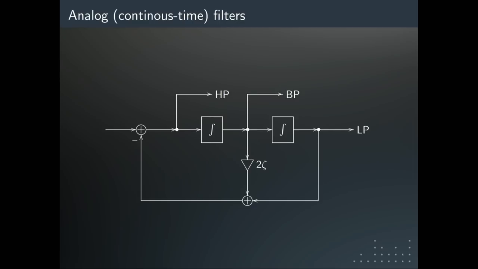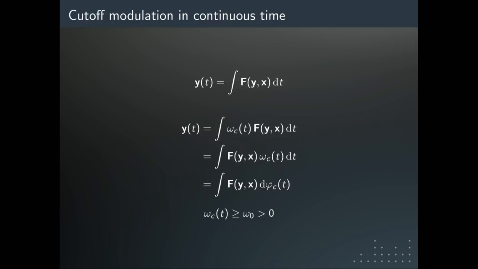And this means that instead of unit delays like we had on this slide, we're going to have integrators. And this slide, by the way, shows the famous state variable filter in its analog form. And it just so happens mathematically, that's exactly the usage of the integrators which is responsible for nice behavior under modulation. So there's a simple mathematical transformation whose basic result is, given our cutoff is uniformly positive, cutoff modulation can